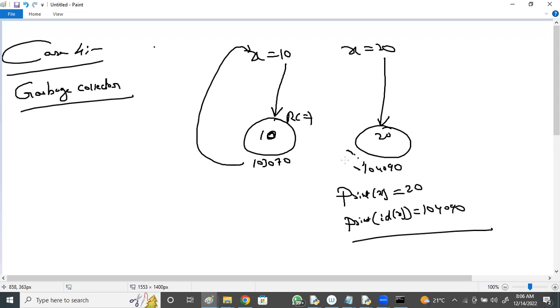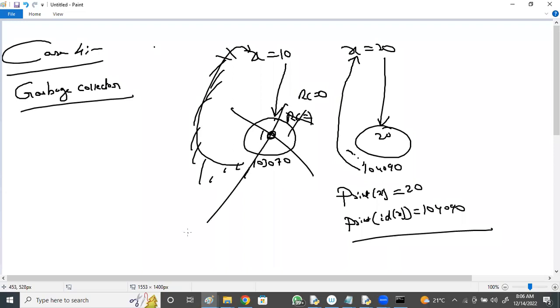Now x is pointing to the new address, not to this one. The reference count becomes 0, then immediately this object gets removed. I was just asking you a query: always it is printing x value 20. Is there any chance of printing 10? No, it gets removed when the reference count becomes 0.